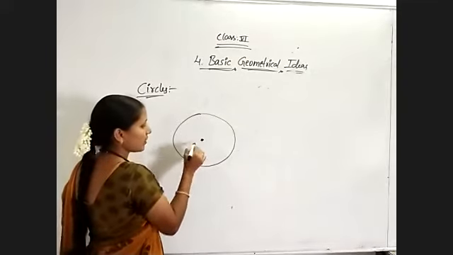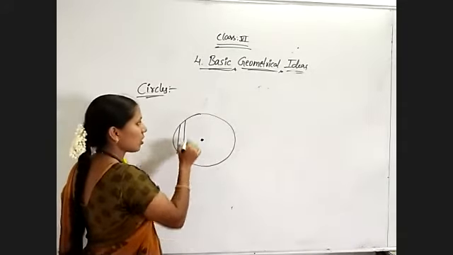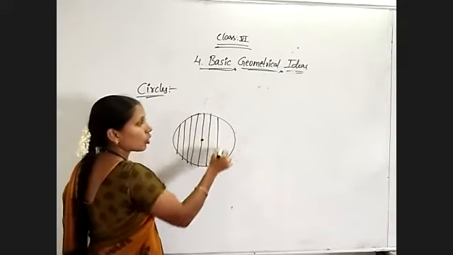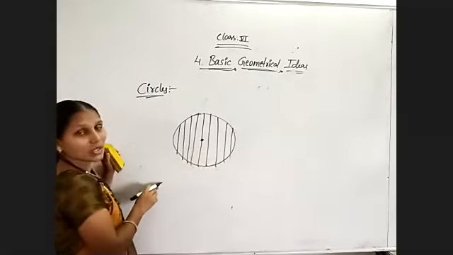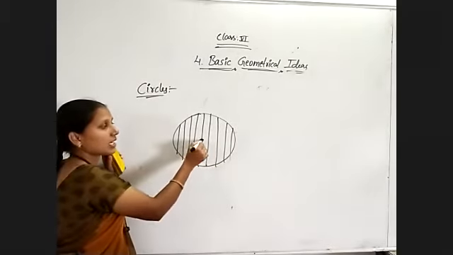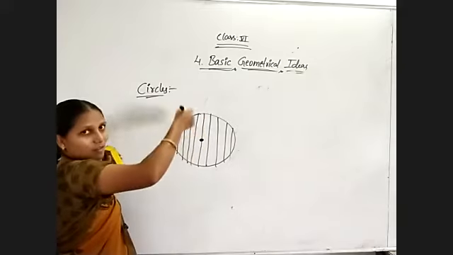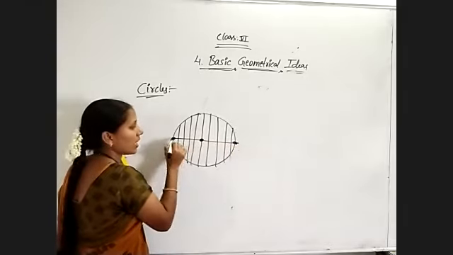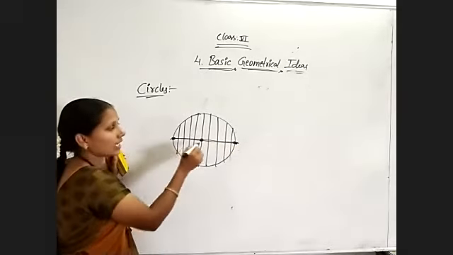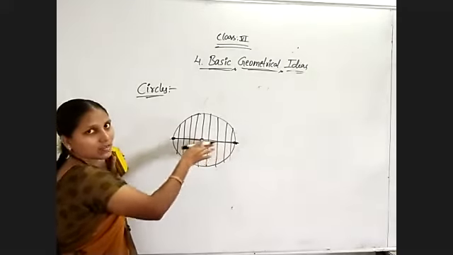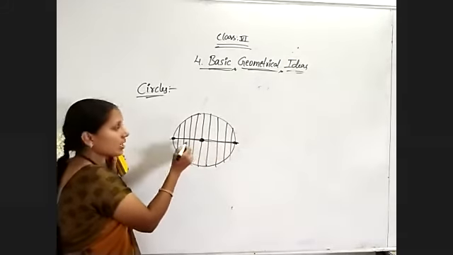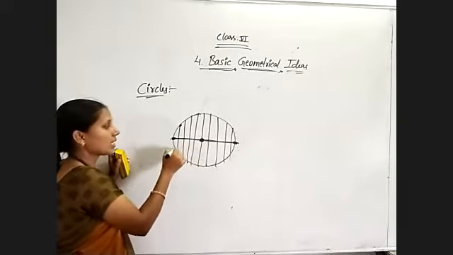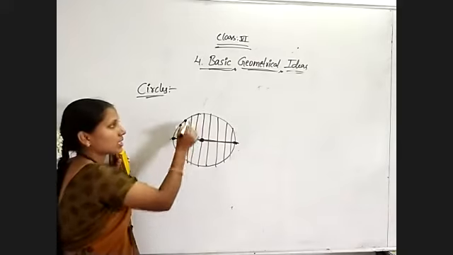So now observe, I am drawing like this. While you were drawing on a globe, you have seen imaginary lines passing through like this. These are vertical. If I am taking horizontally, what will we call this imaginary line? It is known as the equator, and that one only is the longest one, yes or no? Yes, here also this chord only is the longest chord, and the remaining are all chords.